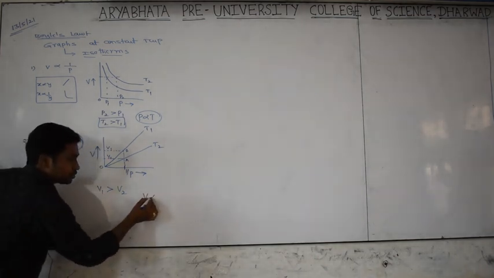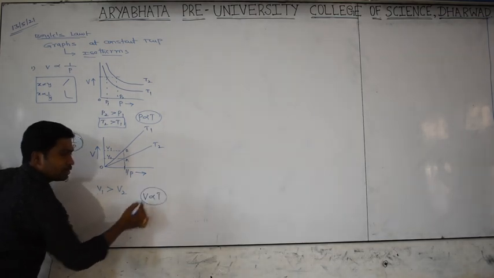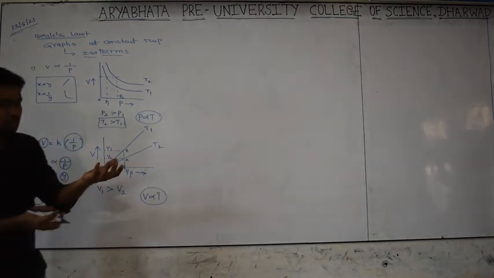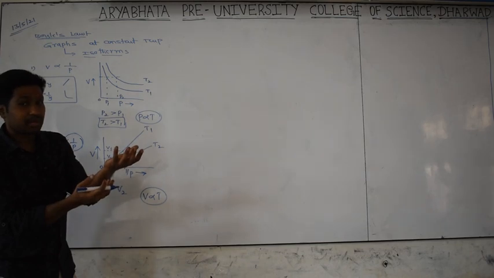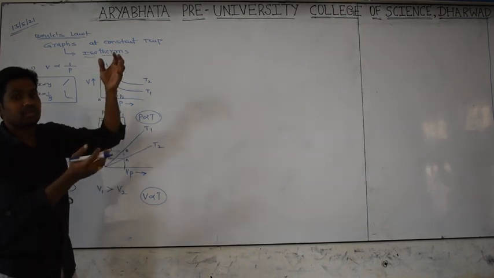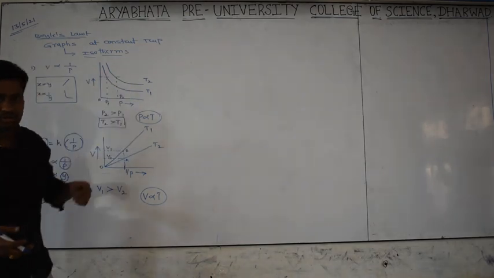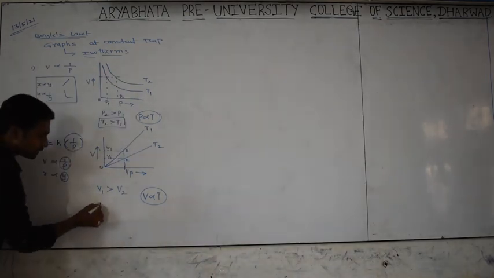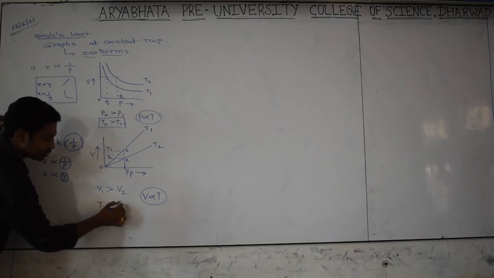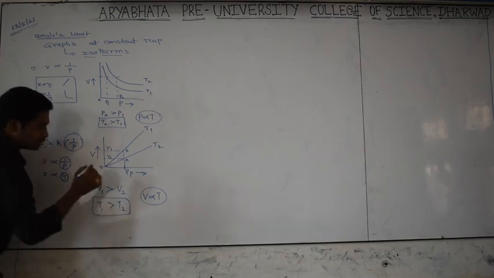What is the meaning, anybody? Volume is directly proportional to temperature. Are you agreeing or not? Yes. You take the gas and you increase the temperature. What happens? The gas molecules keep going away from one another, meaning volume goes on increasing as the temperature increases. That's why V1 is more. We can tell correspondingly that T1 is more than T2. Did you get my point?